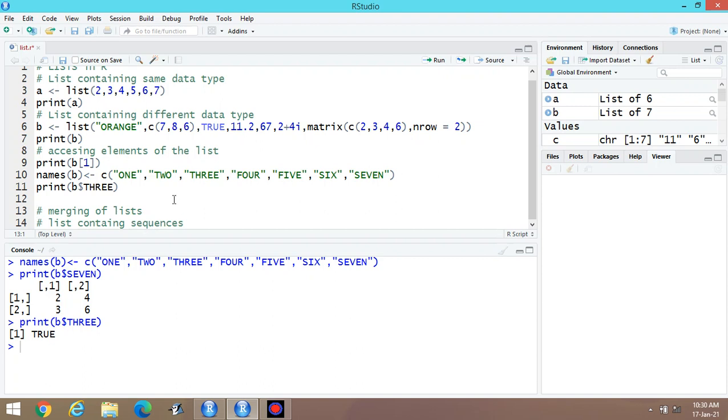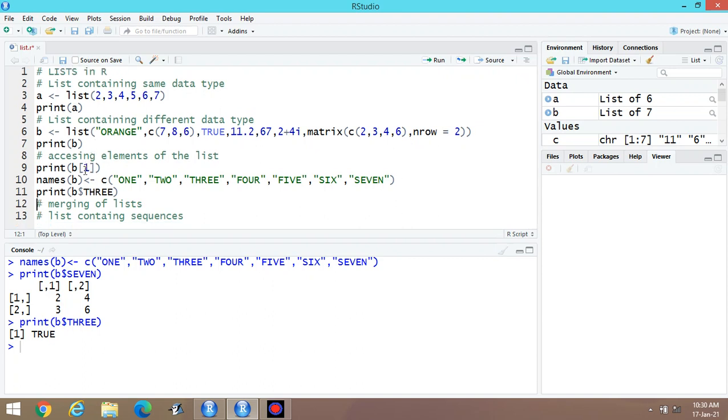It means by assigning the names, I can assess according to their name. First one is I can address according to 1, 2, 3, that is number. If I am writing some names, I can assess accordingly.